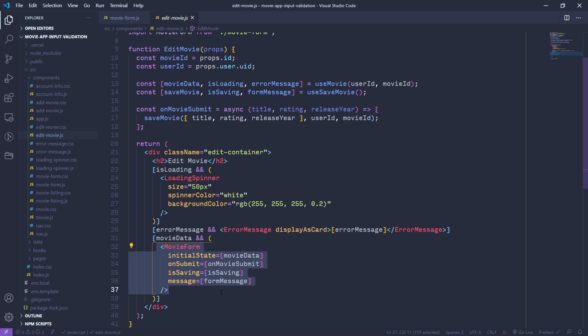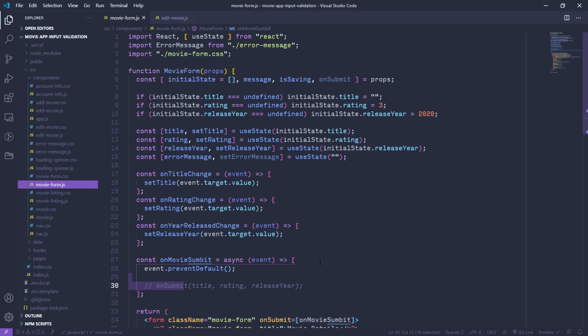So it's a reusable component that we're using in these two different contexts, which means that our database logic for adding a new movie to the database or editing a movie, we don't want to put that into this MovieForm because the database logic is context dependent. Are we on the add page or are we on the edit page? So the way we solved this was to pass in a function as a prop to our MovieForm,